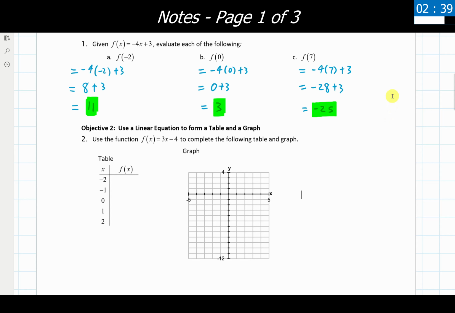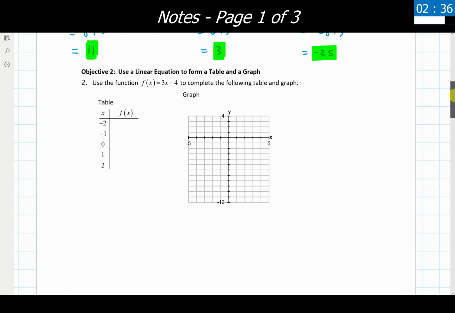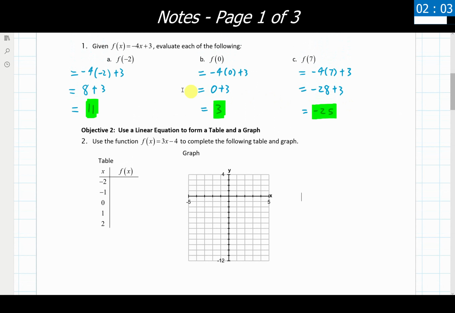Now in the space below here with our second example, we've been given the function f of x equals 3x minus 4. We're told to complete the table that's given to us here and then graph this based on the table. Now, each of these, negative 2, negative 1, 0, 1, and 2, are they input values or output values? These are going to be input values. They correspond with x. X is inside of parentheses in function notation, which means this is really just 5 instances of the problems that we just did above here.